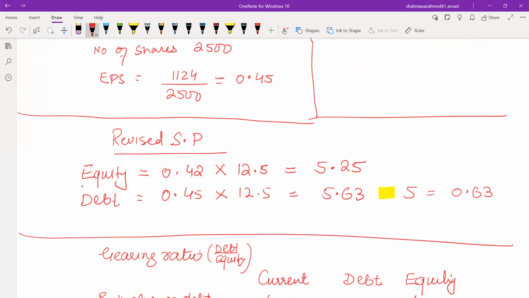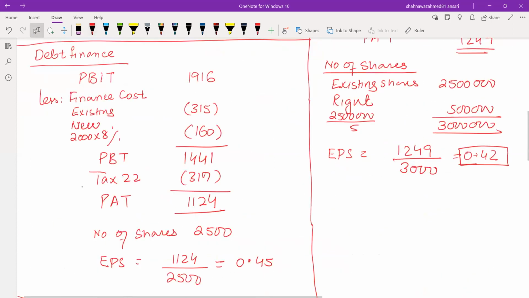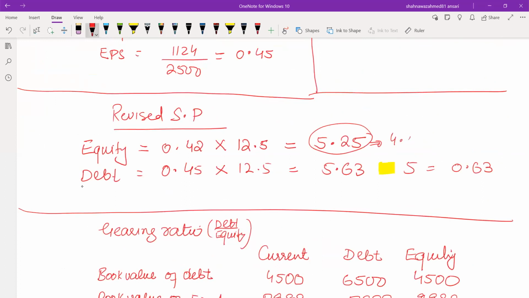And in case of equity financing, $5.25 is the price, and we have to compare this with the right issue price, which is 4.83. So 4.83, and we have 0.42 capital gain. So in terms of debt financing, we have a good capital gain, but the gearing ratio is